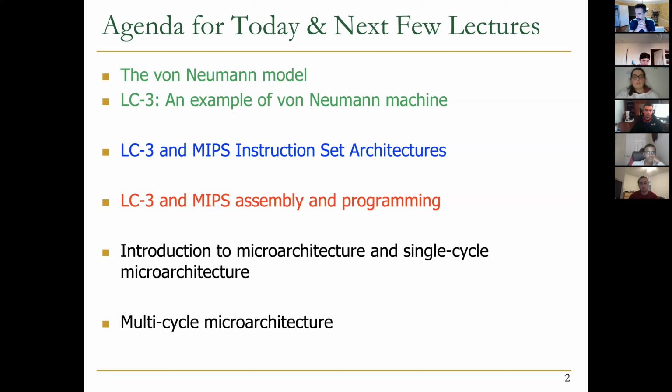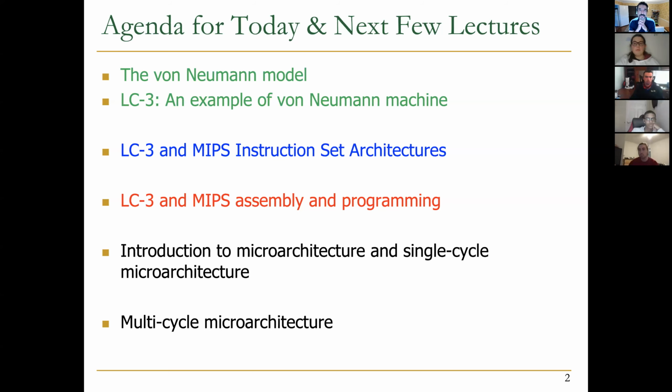For you guys, especially when it comes to assembly programming, you don't need to know or learn much about LC-3. Your projects mainly will be based on the MIPS ISA,